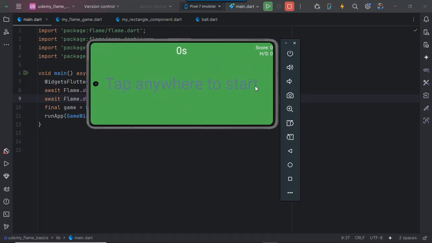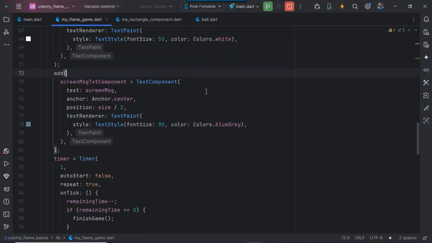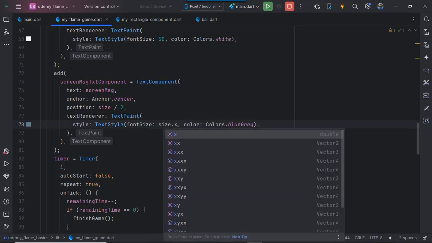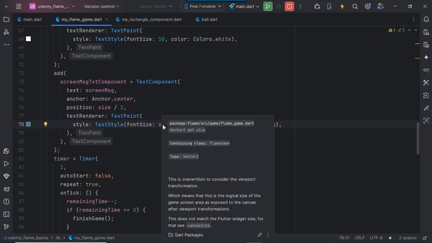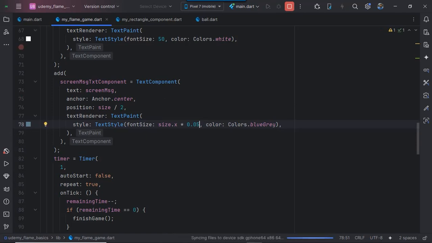So why not make the font size dynamic? And it's very easy. We can go to flame.dart and find this screen message text component, and instead of providing the font size explicitly or statically, we can say that the font size should be, for example, 5% of the total width of the screen. So let's say size, which is the game size, .x, which means the width, and let's say 0.05. So the font size would be 5% of the total width of the game screen. Now if I restart,